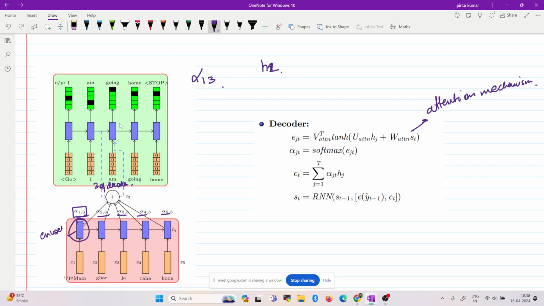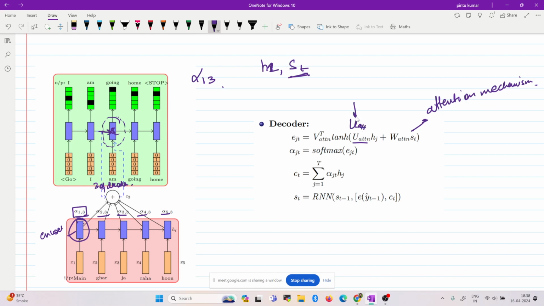It is going to time step 3, so it should also depend on the state that you have obtained till this point, s t. So we have these two things. Why don't we take a parametric combination of both of these? For that, we have U attention